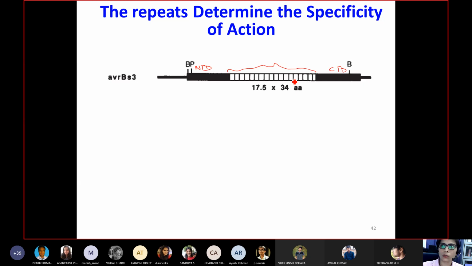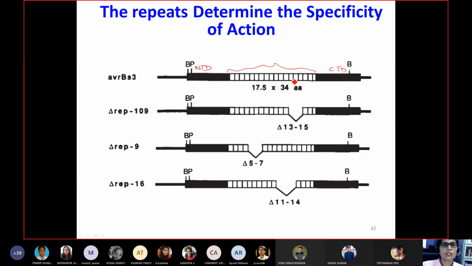Obviously, they made several point mutations or deletion mutants. Once they made deletion mutants, they found that the sequence of the repeats is important. Although the domains are not identical and change from one repeat to another, their order and significance demonstrate the hypersensitivity effects. As soon as you delete these domains, from here to here, this kind of construct no longer gives you any hypersensitive response.